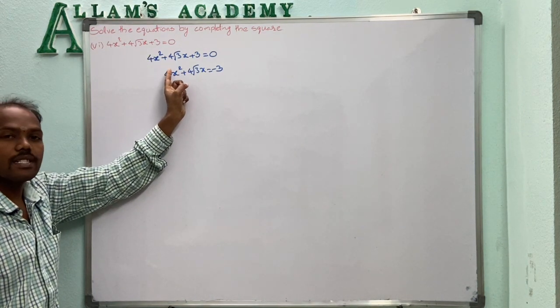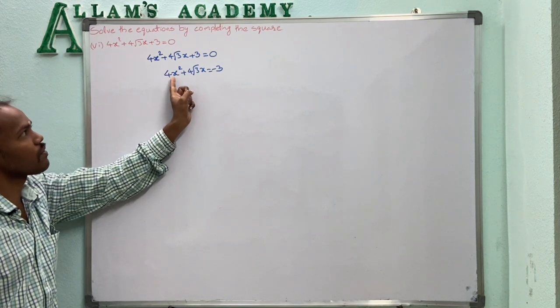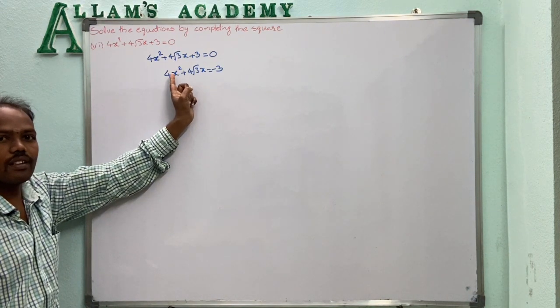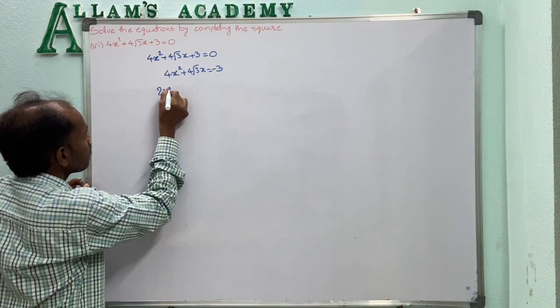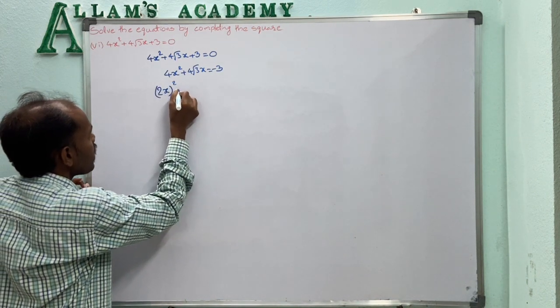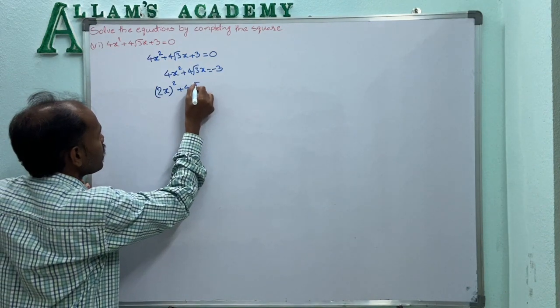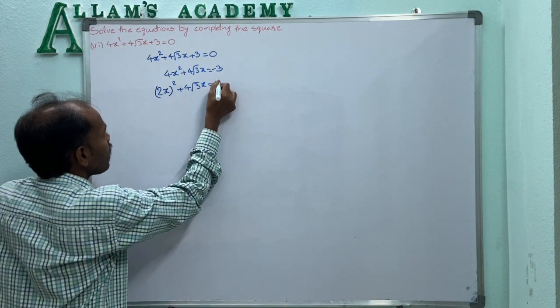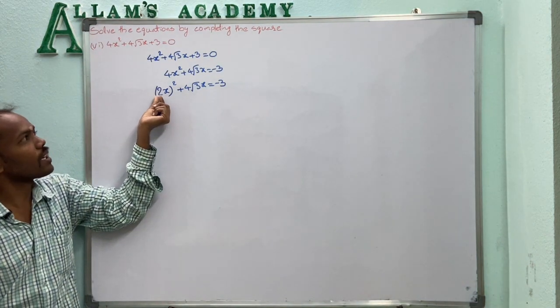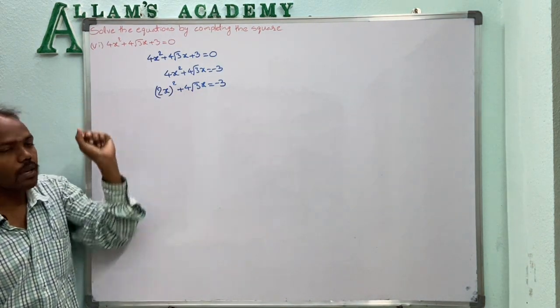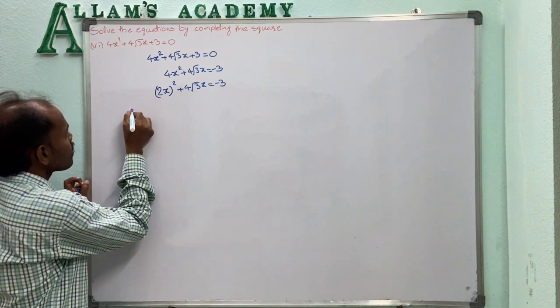Now the x² term we want to write: 4x² can be written as 2² into x², and 2² into x² means (2x)². So (2x)² + 4√3x = -3. Now here the a² term is (2x)². Next to it we want to write the 2ab term. So (2x)²